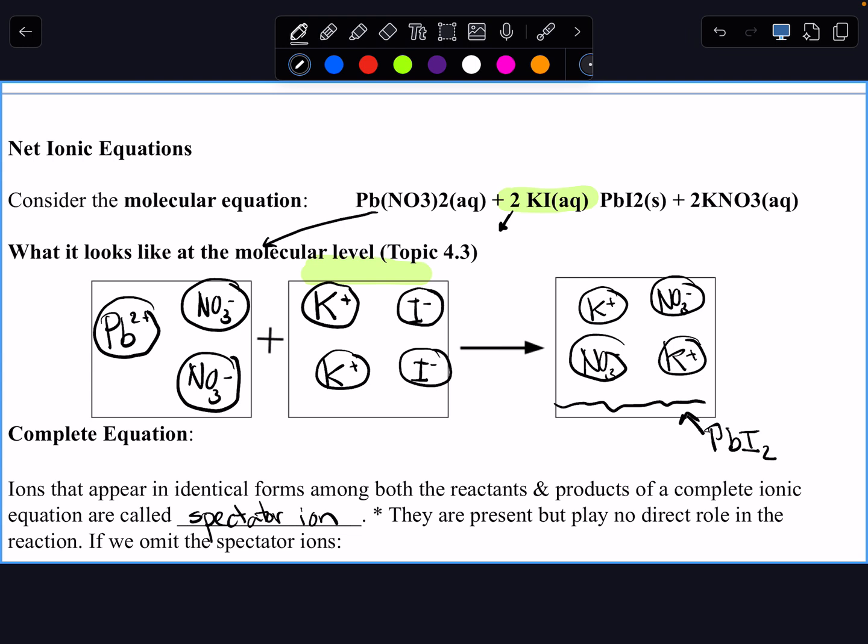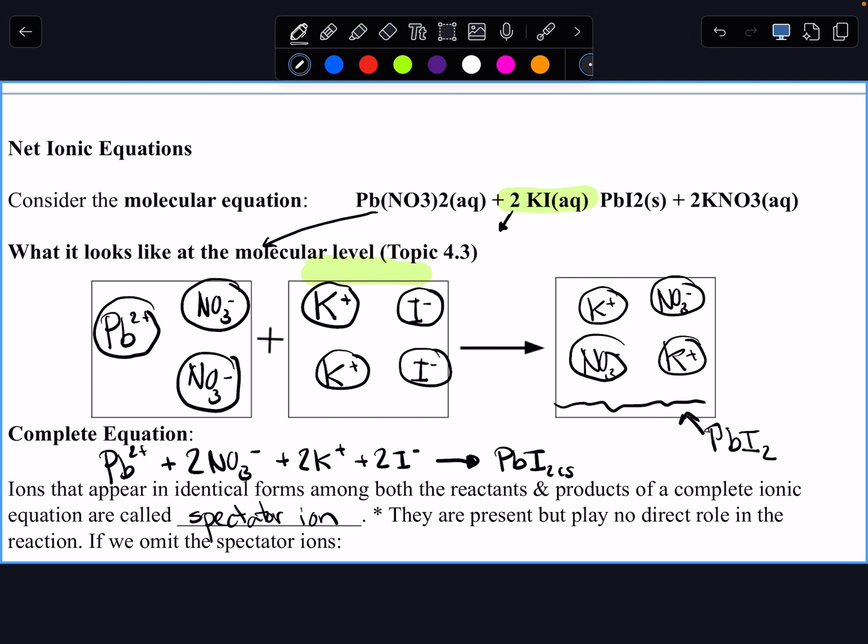It's showing everything that is present, and we can actually write it as a balanced chemical equation. So that's what we're going to do in that first box, right underneath there. I'm just going to translate this into an equation. So I have Pb2+ separate from 2 NO3-s. Once again, we're showing them in their true state. We then have 2 K+ and 2 I- to make